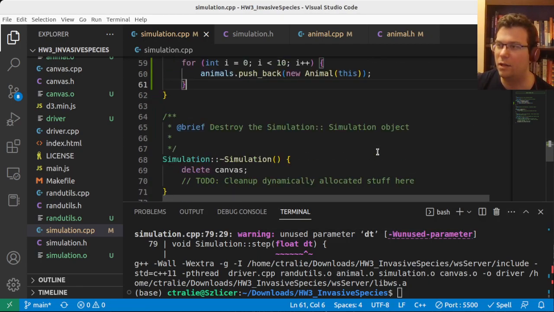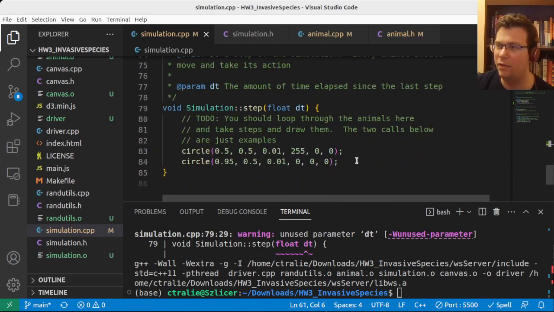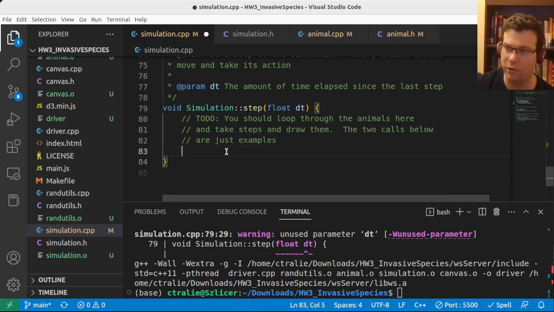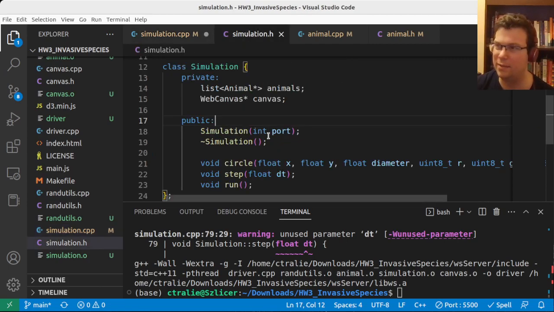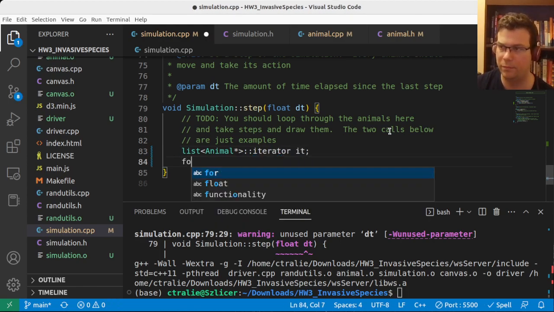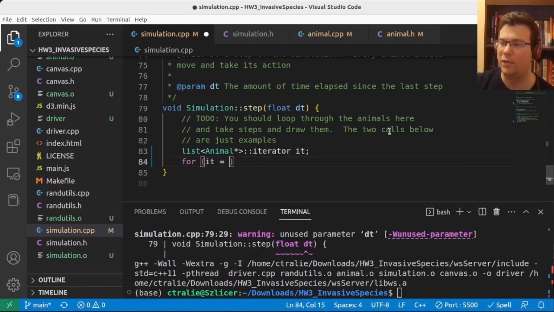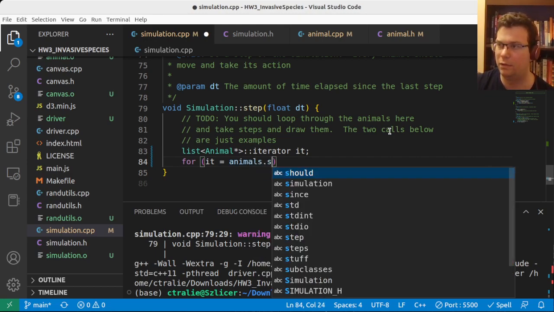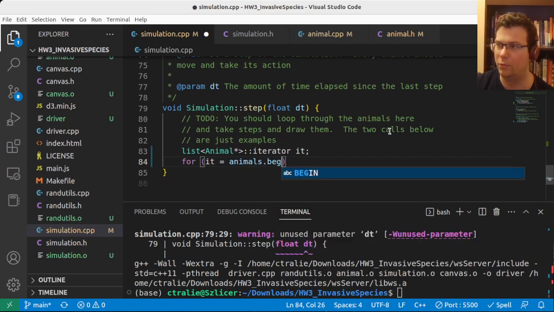Okay. And then one more thing, in the step method, I'll loop through all the animals. Looping through this list object is a little bit weird. Just bear with me for a second. We'll talk about it more in class. But I have to create something called an iterator. And I'll say animals.start, or sorry, animals.begin